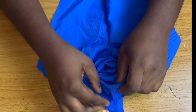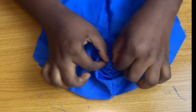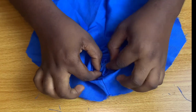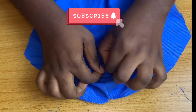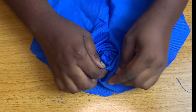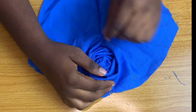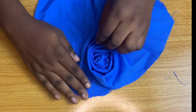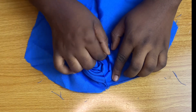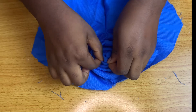So what I did here was, since it's a tutorial, I did not bother to use needle and thread to tack it. My advice is when you are bringing out the rows, tack it with needle and thread, and make it come to your elbow area. It will give it a beautiful fitting all the way from the cap to your elbow, and the rose is going to be much better. And when you are cutting that triangle area, my advice is you can make it wider. If you make it wider, you are going to have a very big